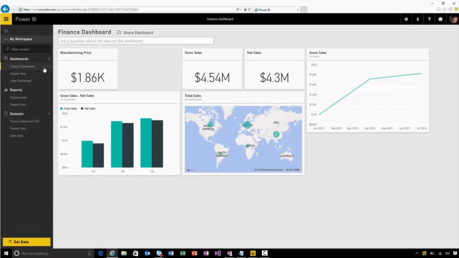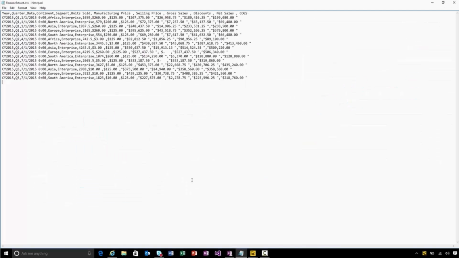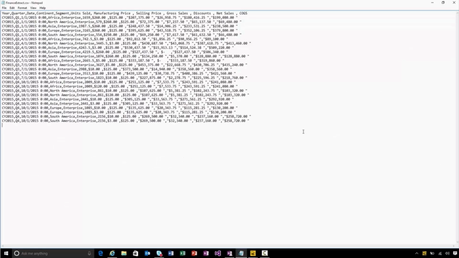There are two ways that we can actually get the data to refresh. I can either do it manually, or I can schedule it. Let's do it manually to start with. You can see that my data runs up to Q3, but I'm actually going to go and update that by updating the CSV file and just pasting in some more data. You can see now that I've got Q4 data in here as well. I'll save this file,